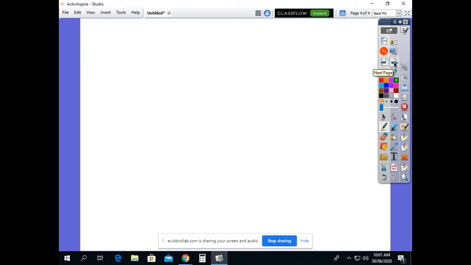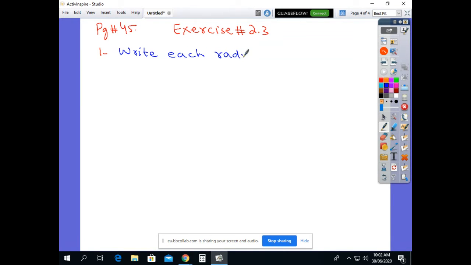Now we come across exercise 2.3, exercise 2.3 on page number 45. The first question is: write each radical expression in exponential form